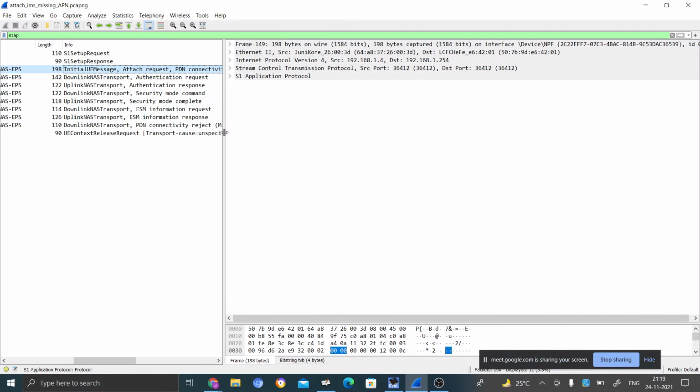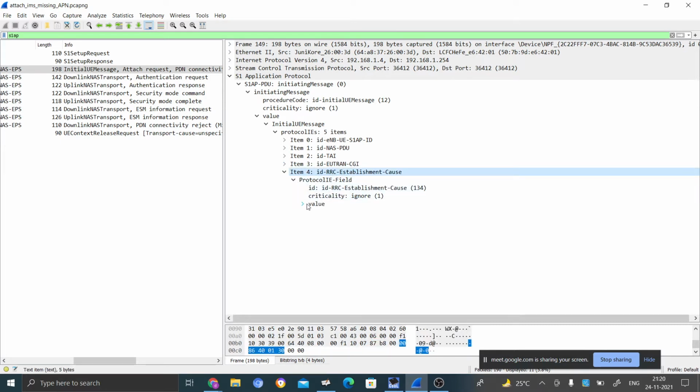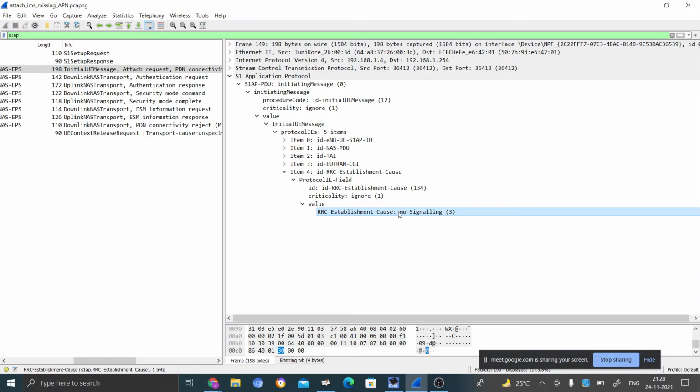And this goes as S1 AP. I can open it like this to see what is in the initial message. Inside the initial message I can see the NAS PDU and also the establishment cause. We have seen the RRC connection establishment cause, day before yesterday I think.